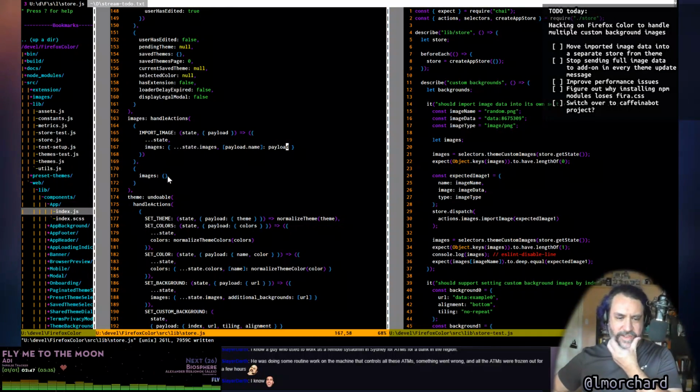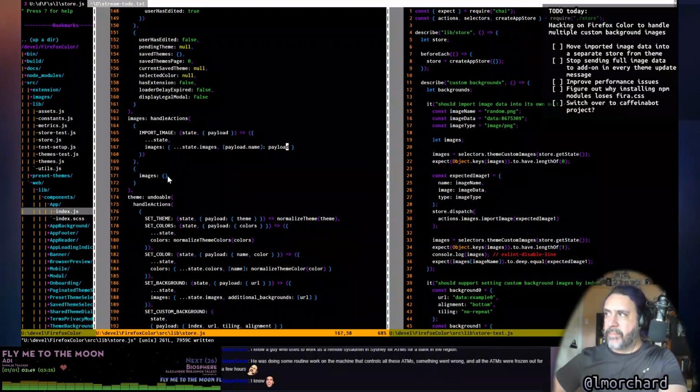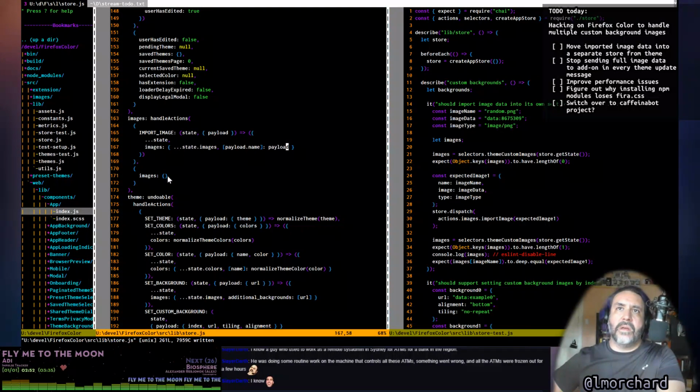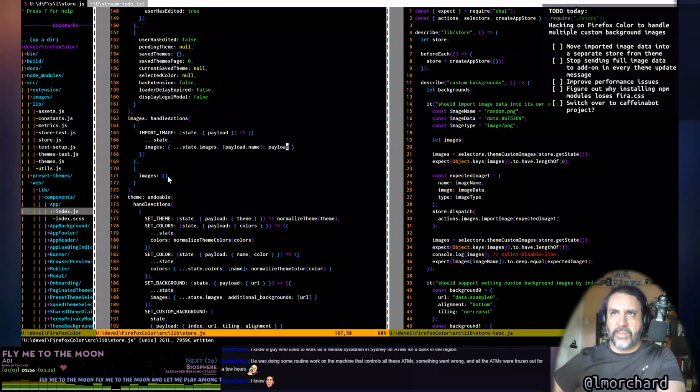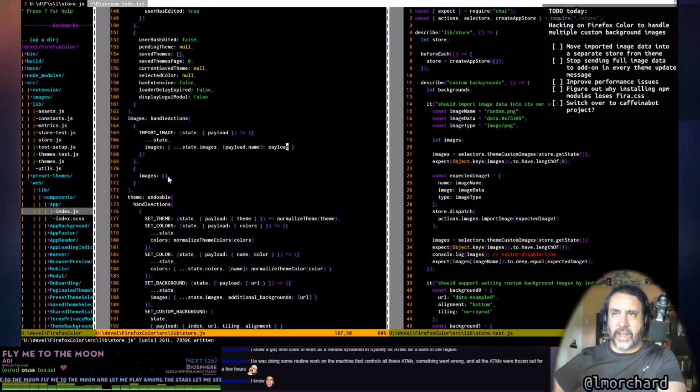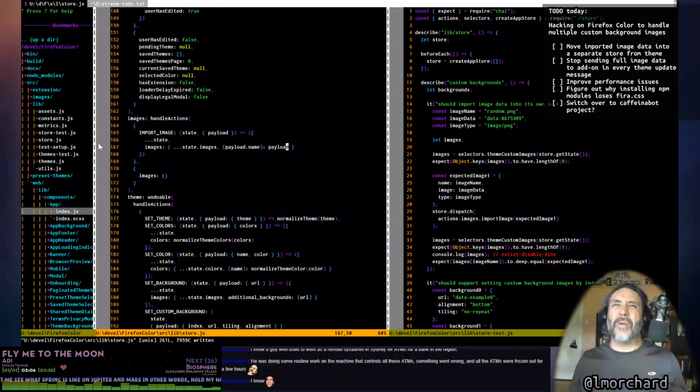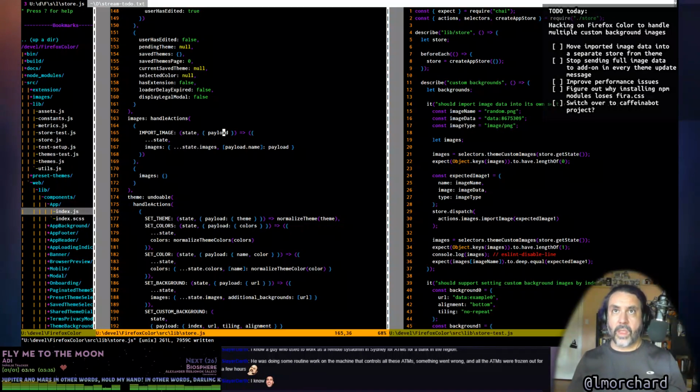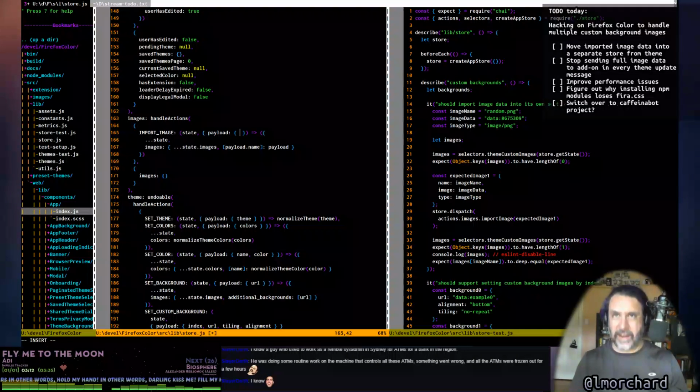set of images identified by name, each of which is a data structure listing the name, type, and the image data. Of course, my code here doesn't care about the contents of those individual items, but that's going to be my convention. I mean, if I wanted to be more strict, I could do this. Actually, maybe I will do this. It's kind of repetitive, but